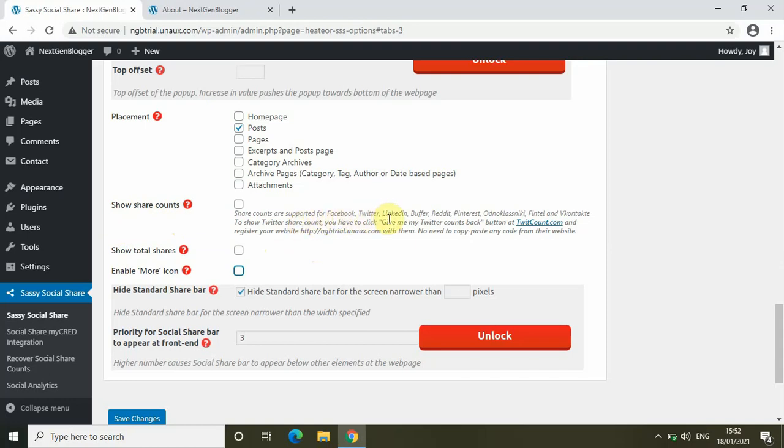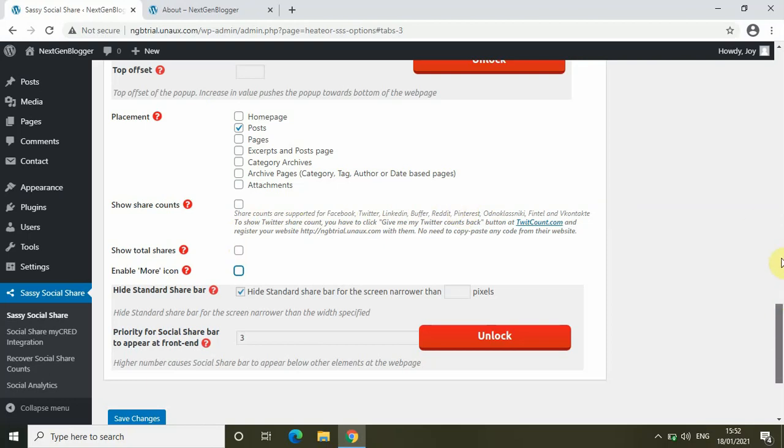Again, it's entirely up to you whether you want to show the total number of shares your post have got, or whether you want to show individual shares on individual social networking sites. So again, it's your choice.